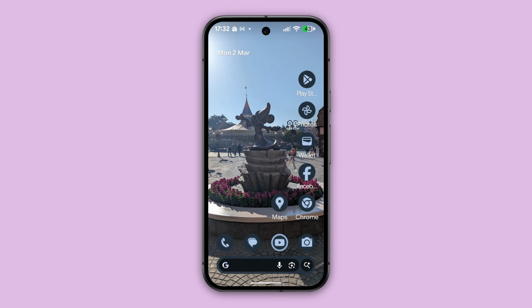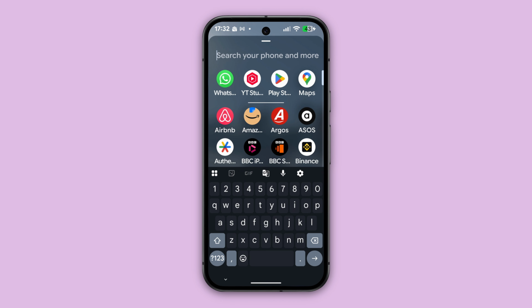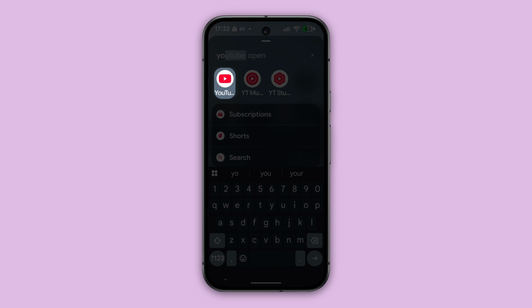In this video, I'm going to show you how to change the amount of time skipped when you double tap the side of a video on the YouTube app on your phone. So what you want to do is load up the YouTube app